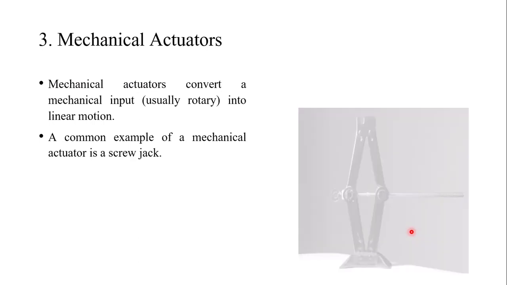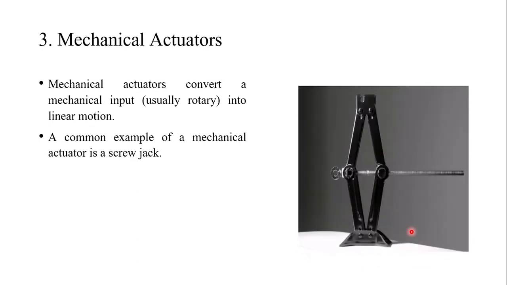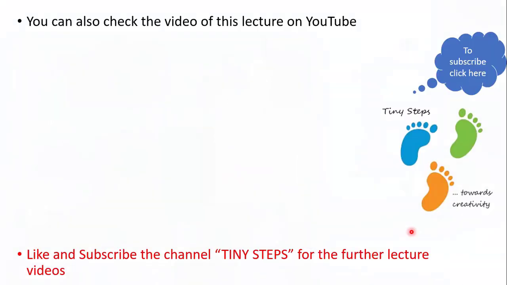So what is a mechanical actuator? A mechanical actuator is this: when you apply mechanical energy and it gives motion. Here, if you are doing something manually, that is your mechanical actuator. A mechanical actuator converts a mechanical input into linear motion. A common example of a mechanical actuator is the screw jack. It's very simple. Even with a hydraulic jack, if you are using it, you are pressing it with very little force, but it is manual, so every manual thing is converted into mechanical actuation. And if you are kicking your bike, that is a mechanical actuator, correct? So it is converting something.